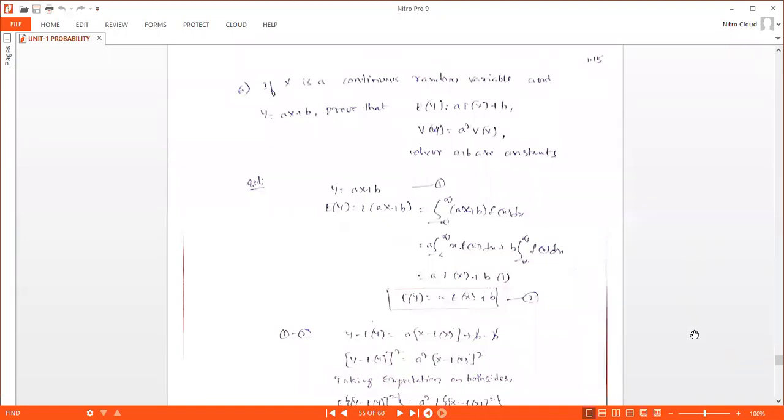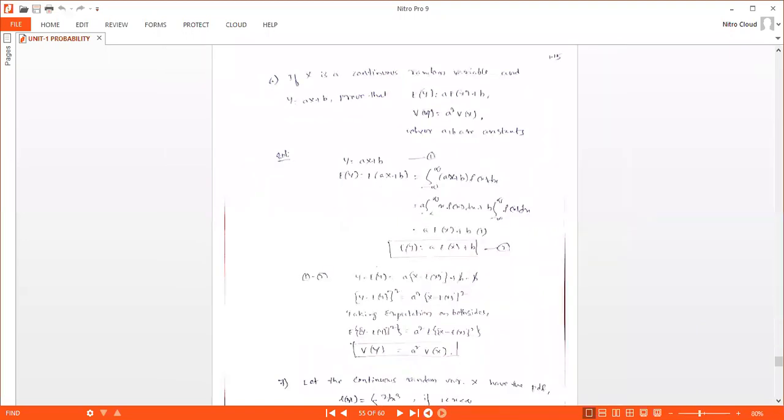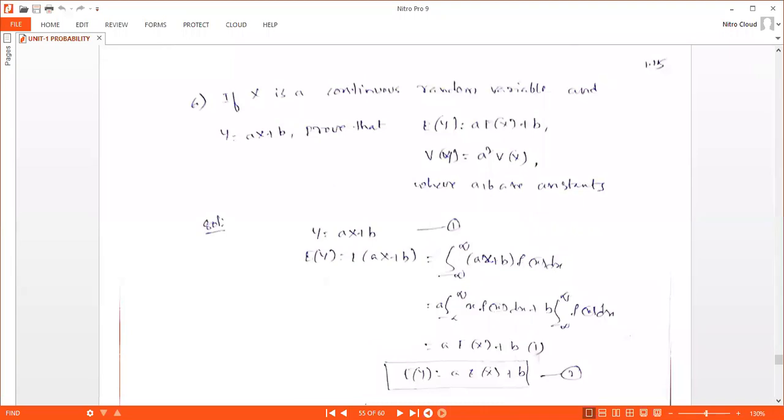Right, next problem. If x is a continuous random variable and y equal to ax plus b, then we have to prove expectation of y equal to a into expectation of x plus b, and the variance of y is a square into variance of x, where a, b are constants. So these two are properties of mean and variance. Y equal to ax plus b, consider,